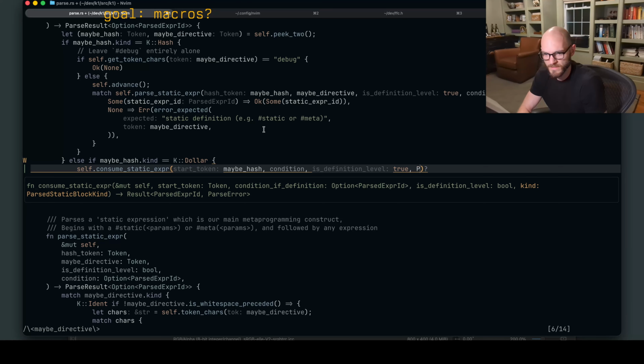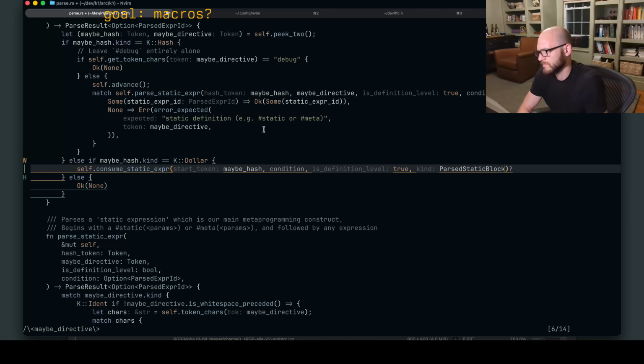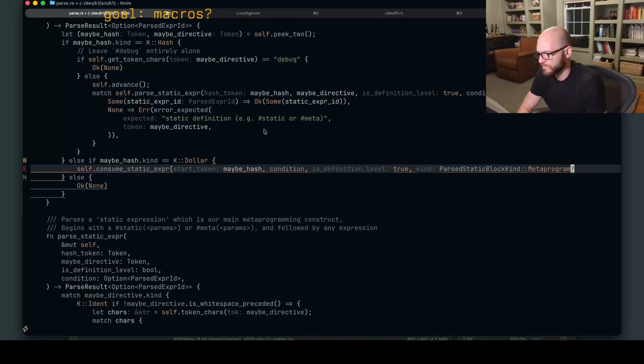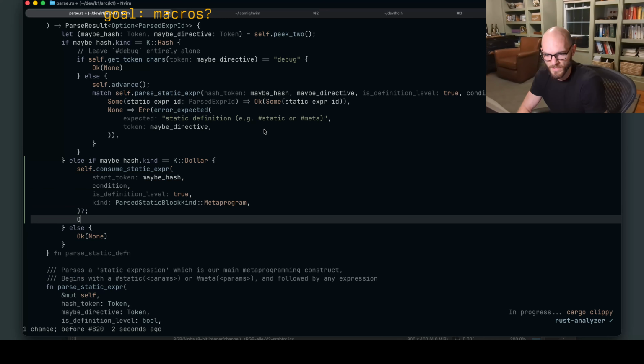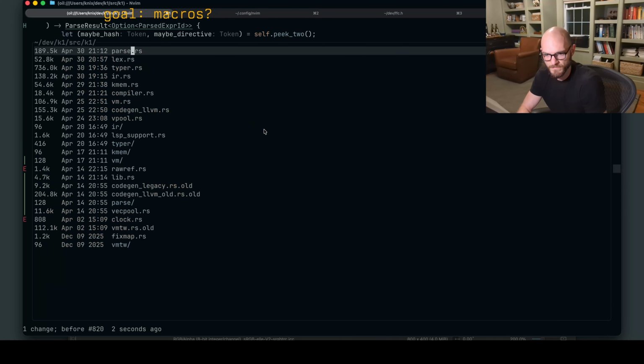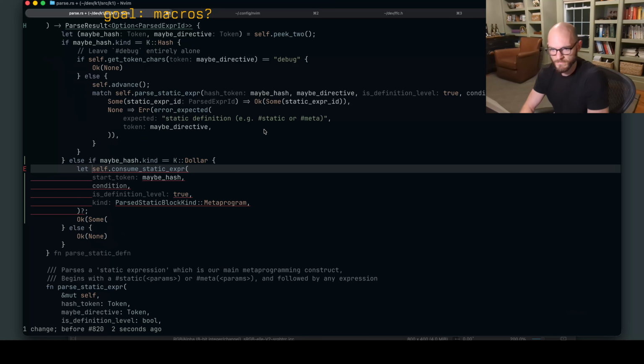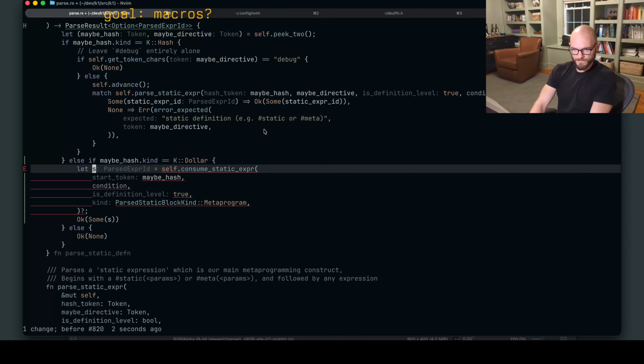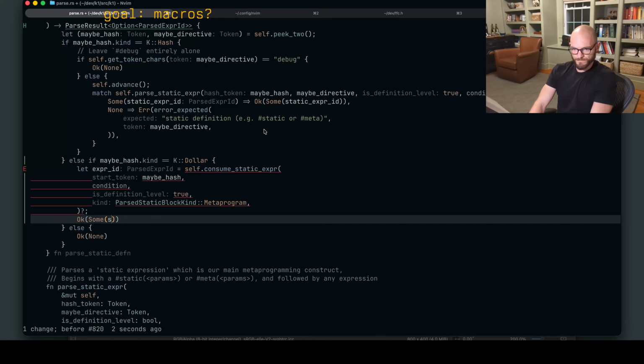And the kind is metaprogram. That's the whole point. The $ sign means the metaprogram. And then we can, okay, sum. Sure.